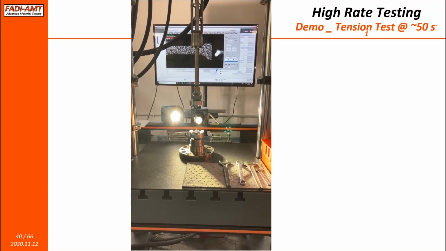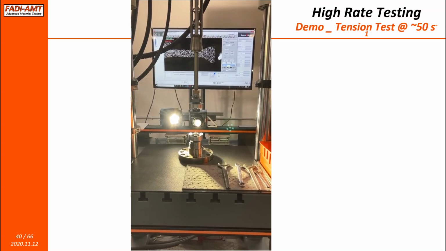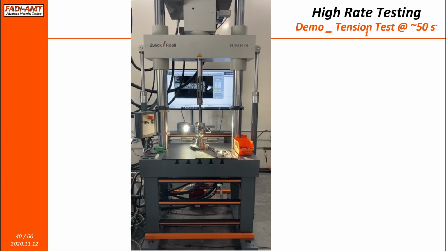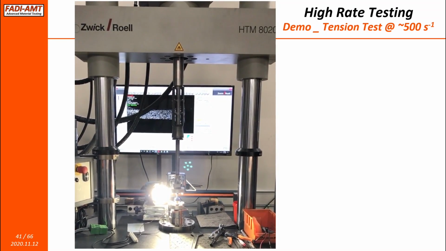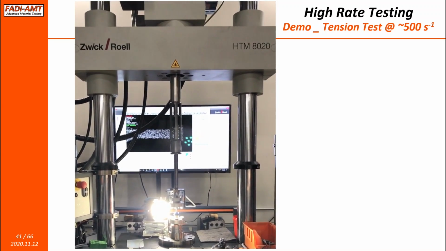In the background, you can see my video camera replaying the actual test, and you can see that we captured the complete test, or the test completely. And now basically what happens afterwards is that we of course couple the load and strain together so that we can construct a stress strain curve. Slightly faster test, or actually not slightly, it is a faster test. This is 500 strains per second. So now we're getting to